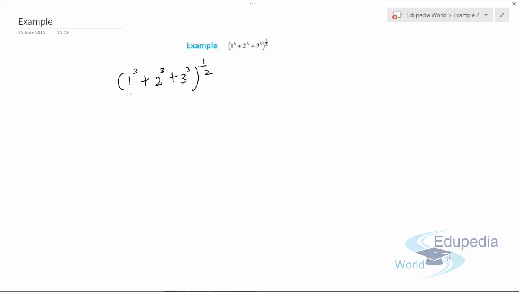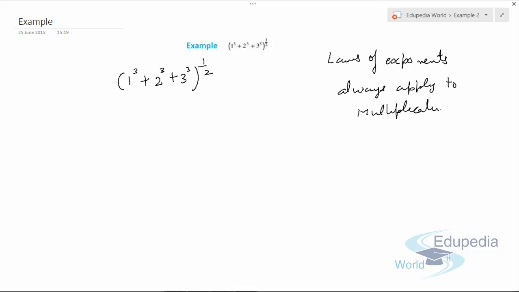Now, before solving this question, listen carefully. Always remember, laws of exponents always apply to multiplication or division. So always remember. Now here we have an addition sign, so we cannot apply laws of exponents, so we have to